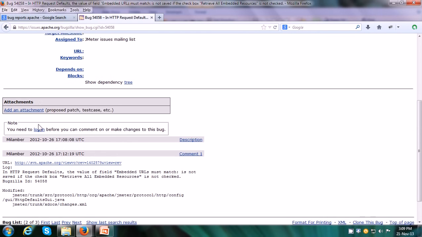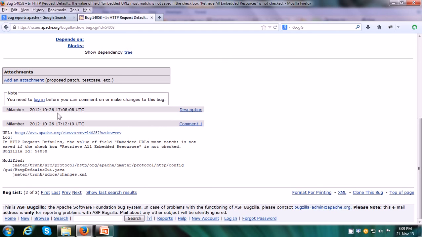Otherwise we would have seen attachments. And down below we can see the different comments. When the bug is first reported, it does not have any comments. When the developer is assigned and analyzes the bug, they can give their own analysis, and that is present as a comment. So here there is a comment by the bug reporter only, and it provides additional information.